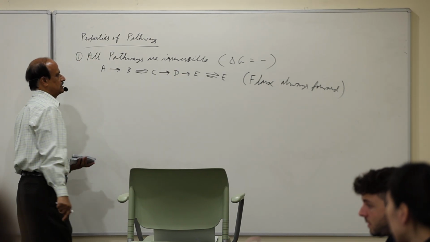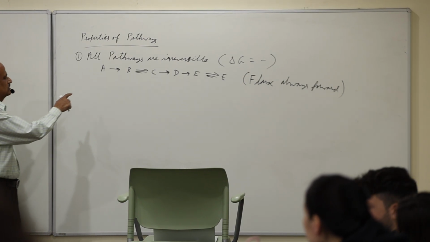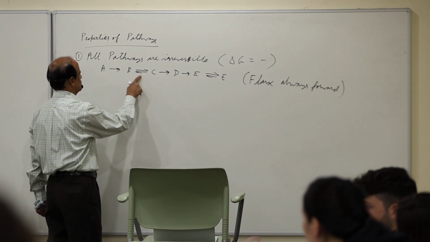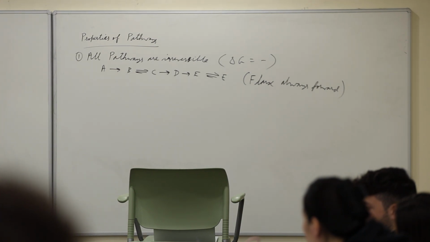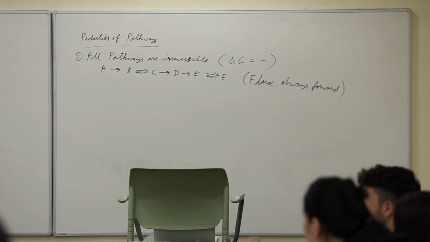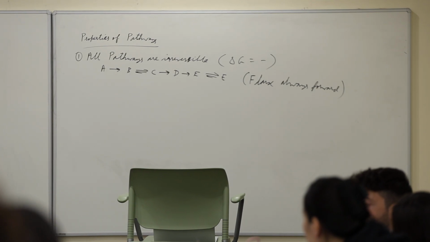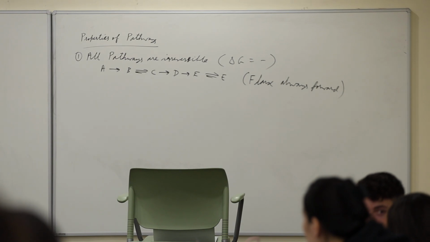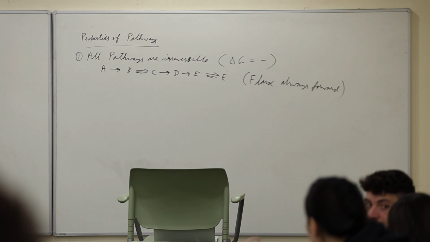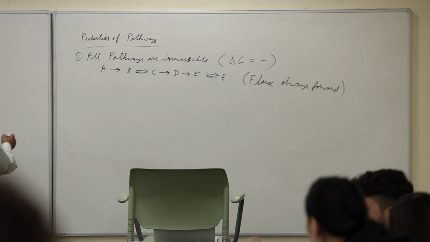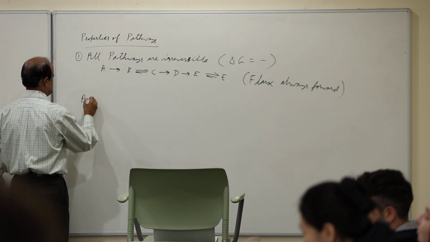So everything has a delta G negative, but as I have shown here, this is a reversible step and this is an irreversible step. And these are technically called metabolically irreversible steps. Why is that adjective there? Because in a test tube, it may be completely different. Whether something is reversible or irreversible is decided by how much of the reactant and how much of the product you have, right? If this is a reaction in a test tube with A and B,